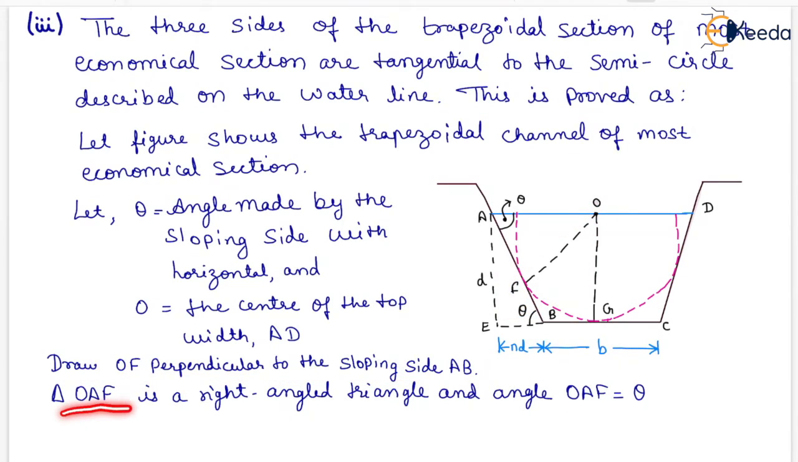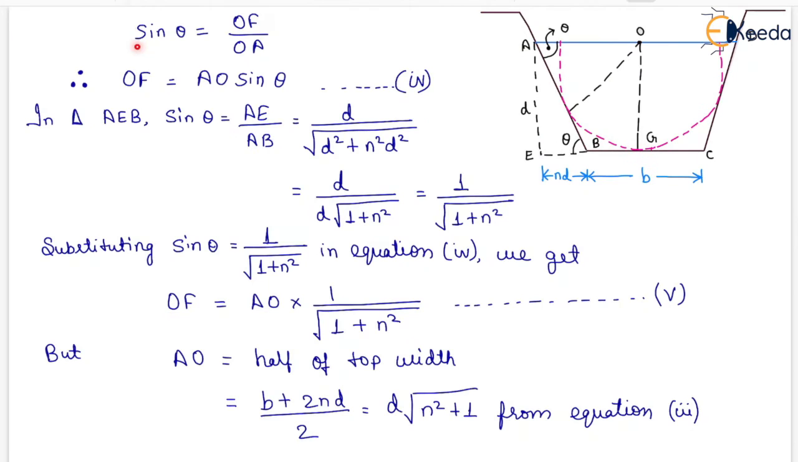Draw OF perpendicular to the sloping side AB, which is shown here. Triangle OAF is a right angle triangle and angle OAF equals theta. Therefore, sin theta will be equal to OF upon OA, which is shown here. Now OF will be equal to AO sin theta, which is the fourth equation. Now in triangle AEB, sin theta will be equal to AE upon AB, which is shown here, that is AE and that is AB, which will be equal to D upon under root of D square plus N square D